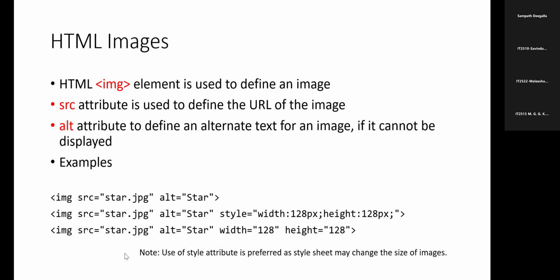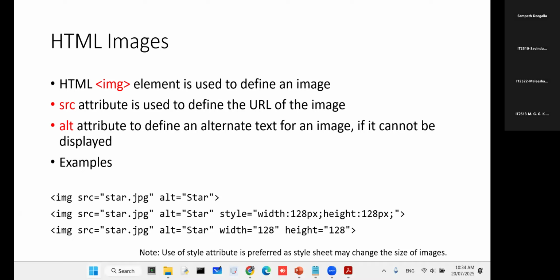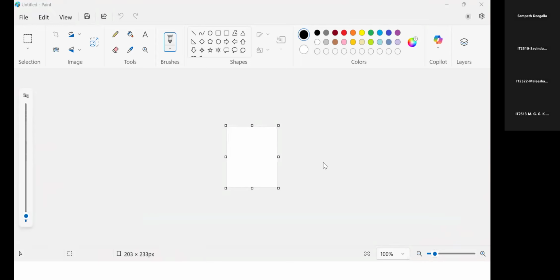So, for example, if you want to create an image, you can use a simple program like Paint, and then